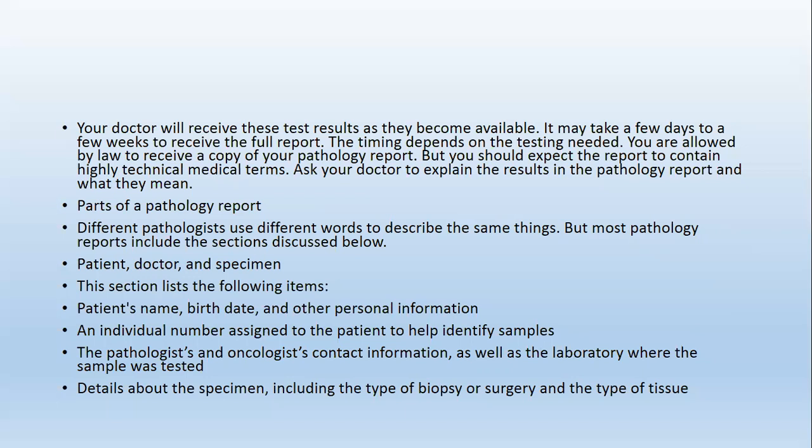Parts of the pathology report. Different pathologists use different words to describe the same thing, but most pathology reports include the sections discussed below. Patient, doctor, and specimen. This section lists the following items: patient's name, birth date, other personal information, an individual number assigned to the patient to help identify samples, the pathologist and oncologist contact information, as well as the laboratory where the sample was tested. Details about the specimen, including the type of biopsy or surgery and the type of